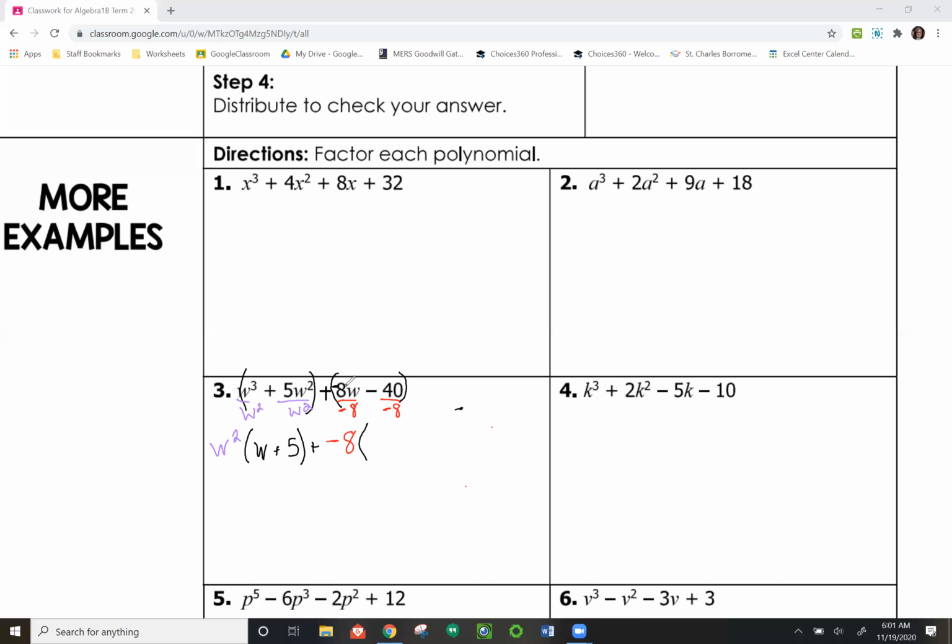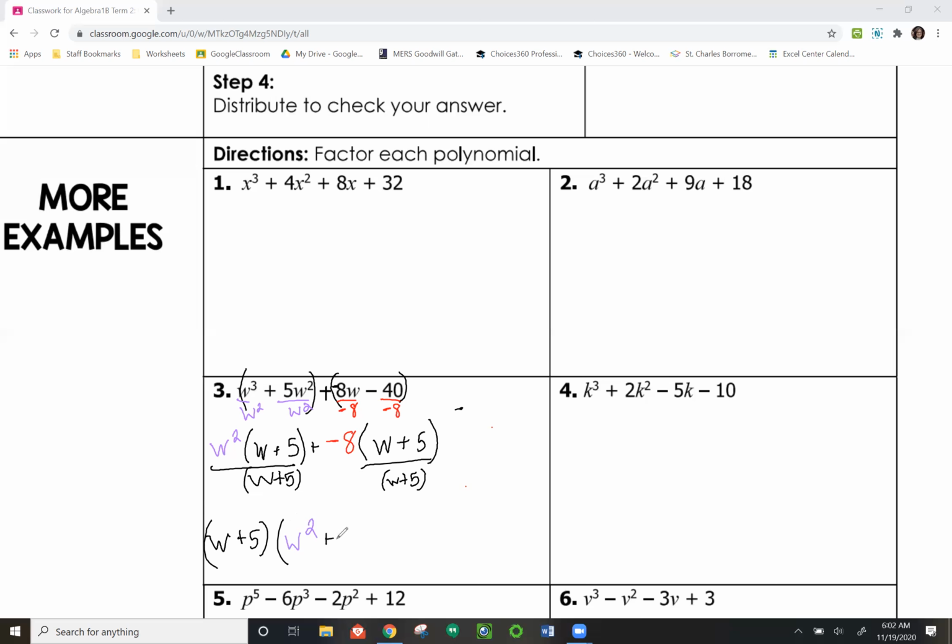And then what do we have left? Well, negative 8w divided by negative 8 is just w. Negative 40 divided by negative 8 is a positive 5. You notice how I don't have that subtraction sign anymore because I divided a negative by a negative. Okay, so now what's your common factor? What's your binomial? We have a w plus 5 we can pull out. Okay, we have that w plus 5 we can pull out. So I have w plus 5. And then what else is left? I have a w squared